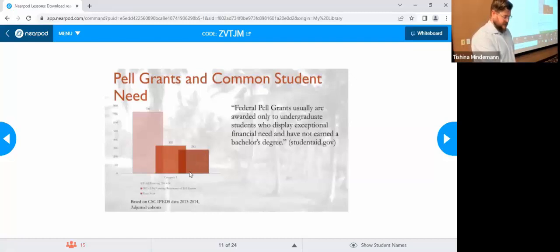It's not the best order, I acknowledge that, but you can see we had more in the 2013-2014 year than we did in the 2012-2013 year. So in 2013-2014, Pell Grant recipients are just under half of our total student body. So these are students, again, with an exceptional need, yeah.